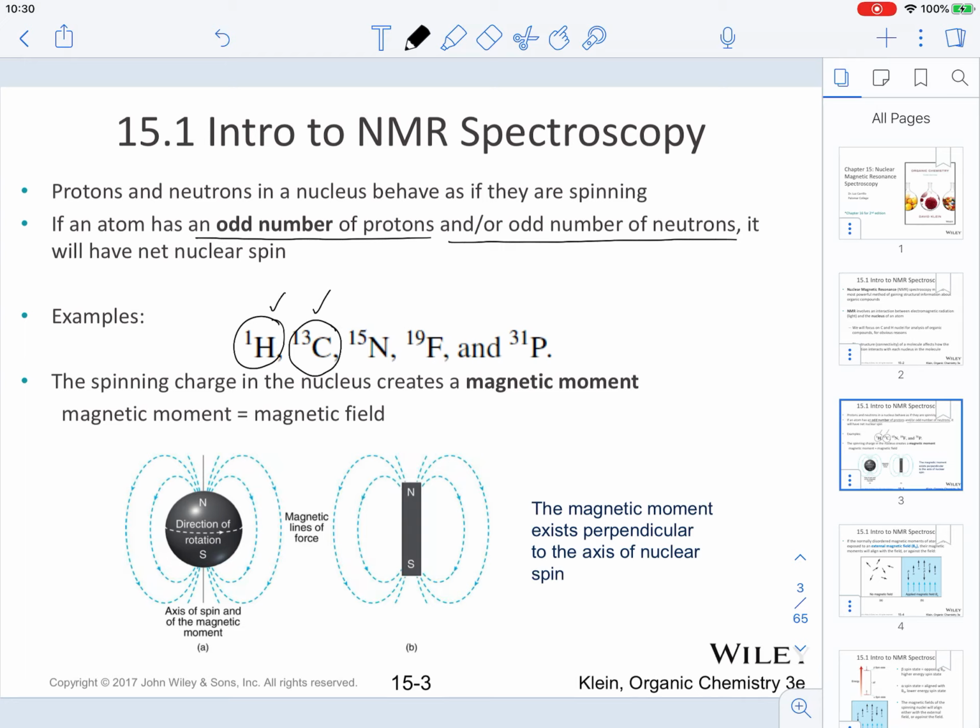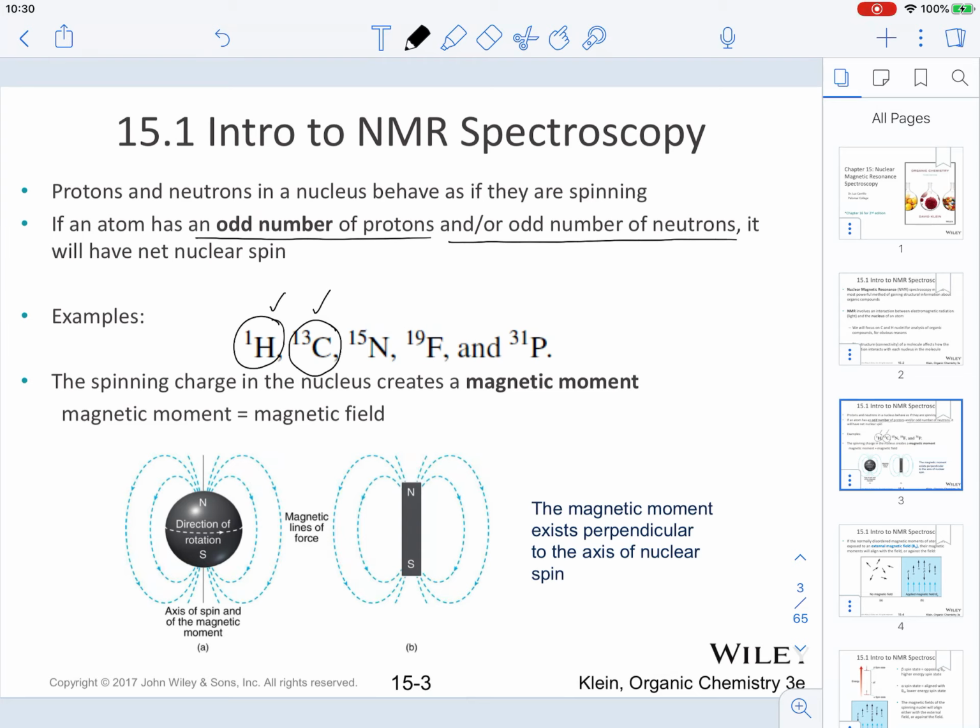One of the things that we also have to consider is that the spinning charge in the nucleus is going to create a magnetic moment. From physics, you know that if you have a moving charge, it's going to create its own magnetic field. And that's what we see in these atoms. So again, magnetic moment and magnetic field are synonyms of each other. Understand that if you have a spinning charge,